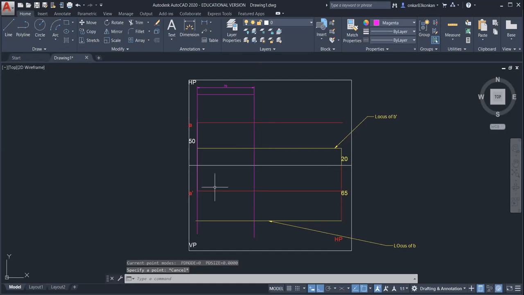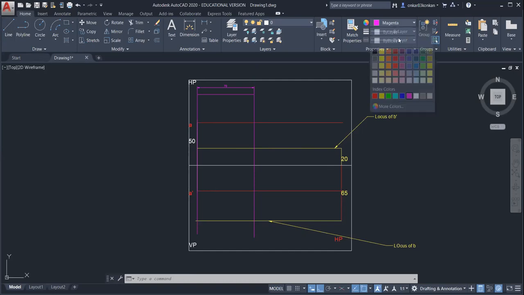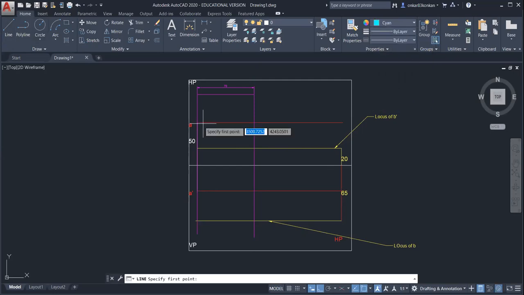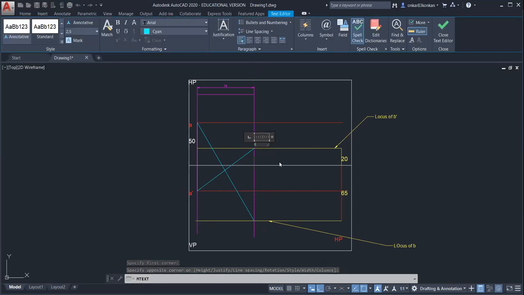Okay, so now connect this point A with this actual top view of the point B. And this A dash point with the actual front view. So this is B dash point.